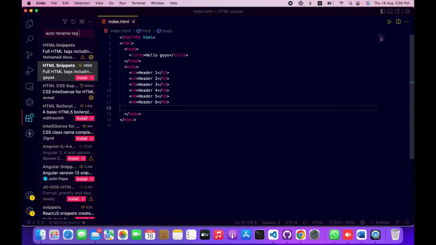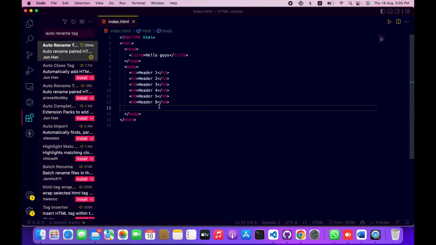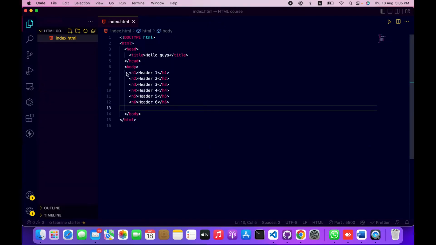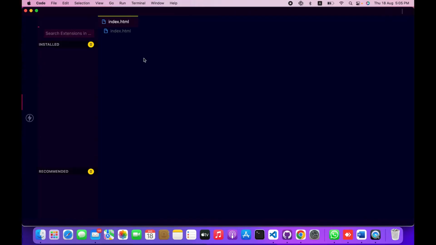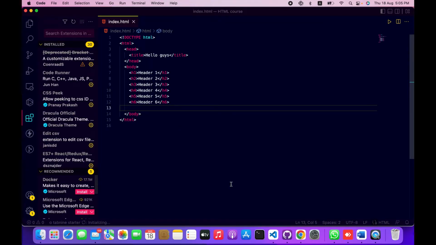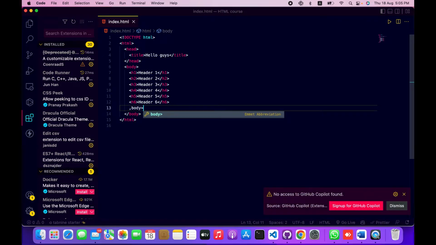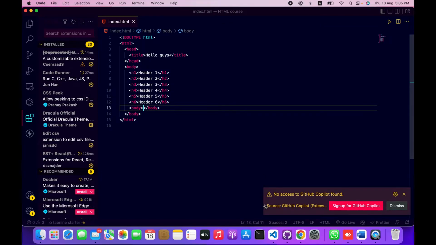Auto rename tag extension. Like this, I have installed it. Now, let's say you are without auto rename tag. I will disable it for right now and reload it, as you can see. Now, without auto rename tag, if you have typed like I have already typed body tag, but if you type body tag once again, and I didn't want to use this